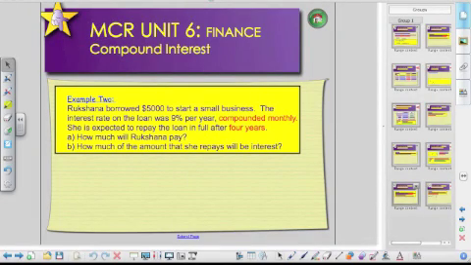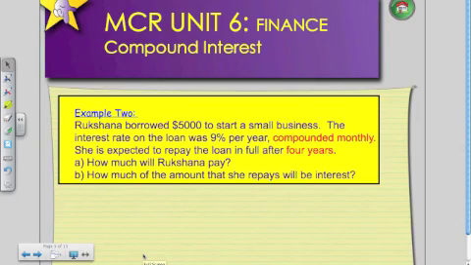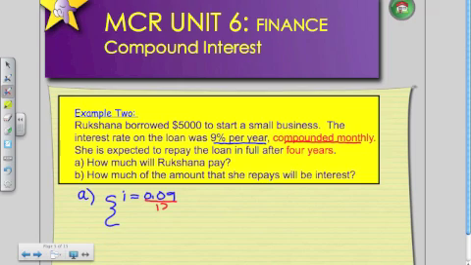Okay, so to continue our question, we're going to use the same standard formula. We're going to concentrate on A first. So first of all, my interest rate in this question is 9%. However, we are compounding monthly, so that means we have to divide the 9% by 12. So my new interest rate is going to be